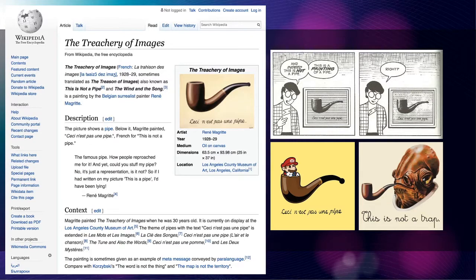And then there's a lot of puns that have been done on that, like Mario, and this is not a pipe, and this is not a trap, which is kind of funny. So we're just going to keep going with that theme that lines are lies. They are just a bunch of marks on a paper, and they end up looking like something sometimes, and then you have communicated to the viewer the thing that you wanted to communicate, and that is a successful drawing, a successful image.